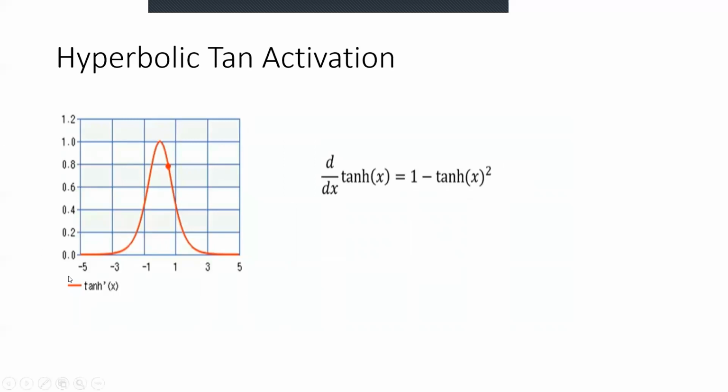And if you take the derivative of the tanh function, it will give 1 minus tanh whole square. And if you plot it on the graph, you will see my value would lie between 0 to 1. So the problem of the sigmoidal function, which we have seen, that it would give a very small value between 0.23 to 0.25, has also been eliminated in the tanh function. So the tanh function would be used mostly in the hidden neurons, right?